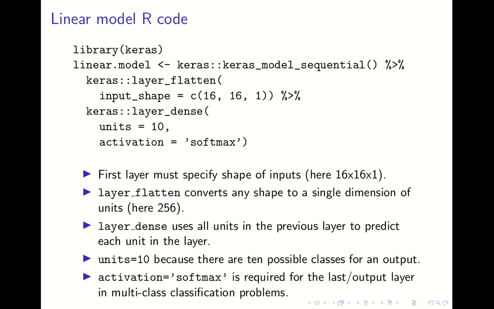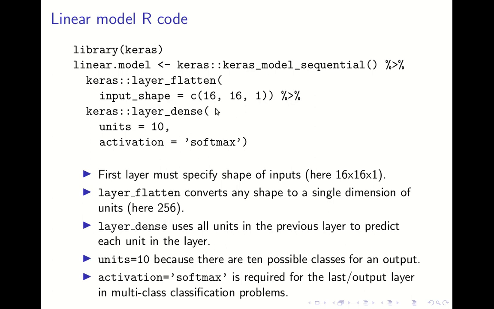I don't really have time in this tutorial to go through all the details here, but suffice it to say that in this case, we're using the layer_flatten call to convert this array, which is an input shape of 16 by 16 pixels in one channel, to a flat vector of 256